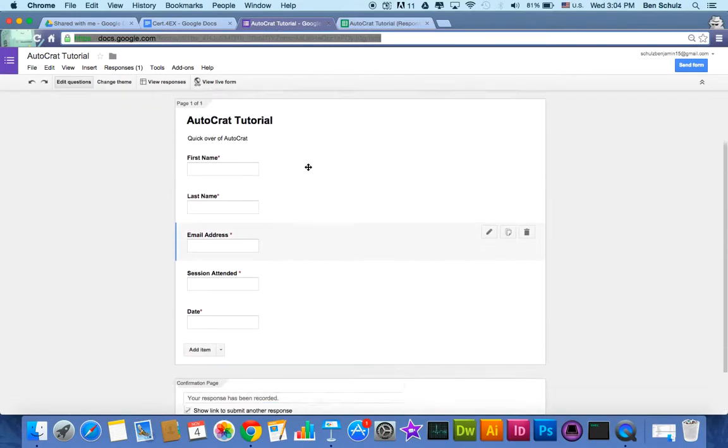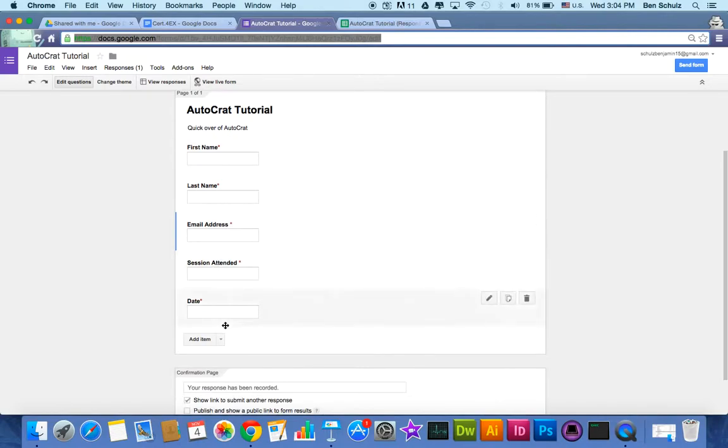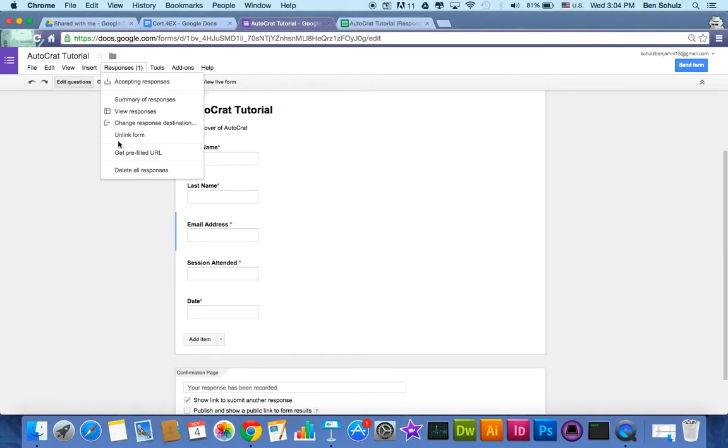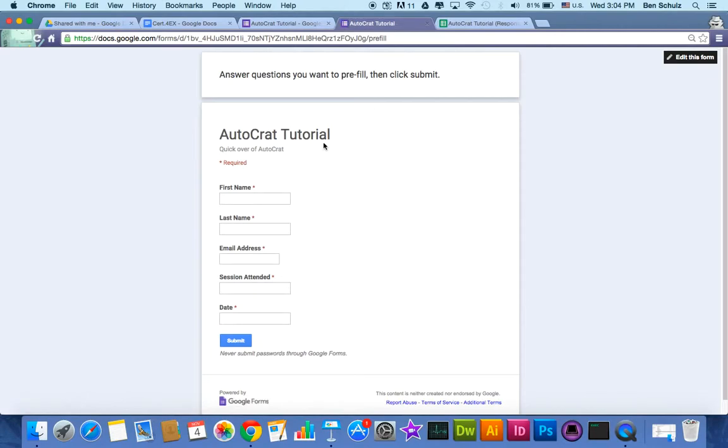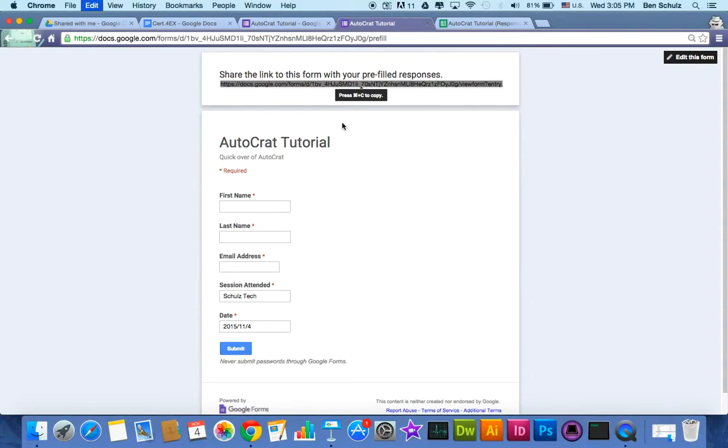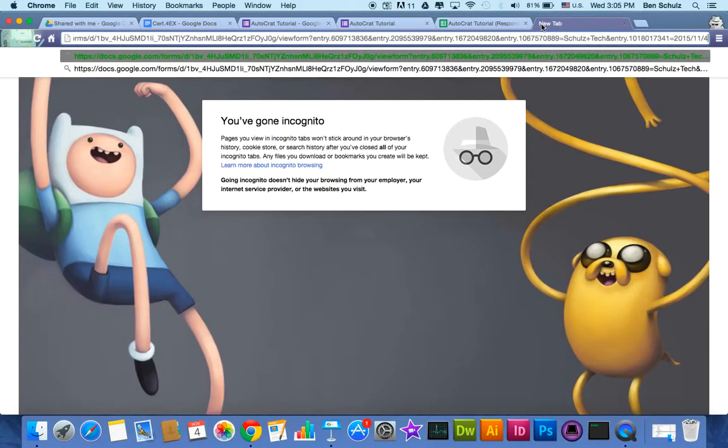Now, on my form, I want to pre-fill session attended and date. How do we do that? If you go to responses, you can go to "Get pre-filled URL." You do that, this comes up and it says answer questions you want to pre-fill, then click submit. So session attended: let's do Schultz Tech. Date: 2015, November 4th. Press submit. It's going to give you a URL with that saved. So if I go here, put the URL in,